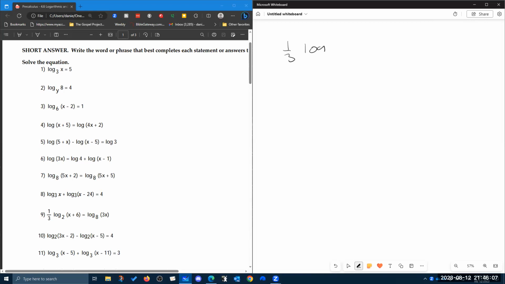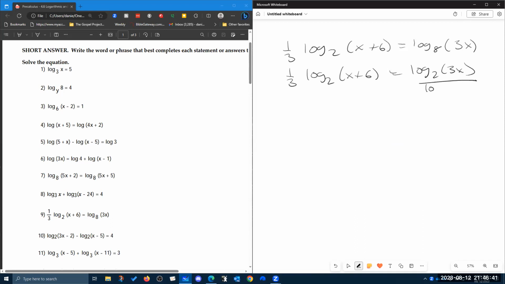1/3 log base 2 of x plus 6 equals log base 8 of 3x. Notice that the bases are different here, so I'm going to have to change everything into the same base. Let's change base 8 into base 2. That's pretty easy to do. 1/3 log base 2 of x plus 6 equals log base 2 of 3x over log base 2 of